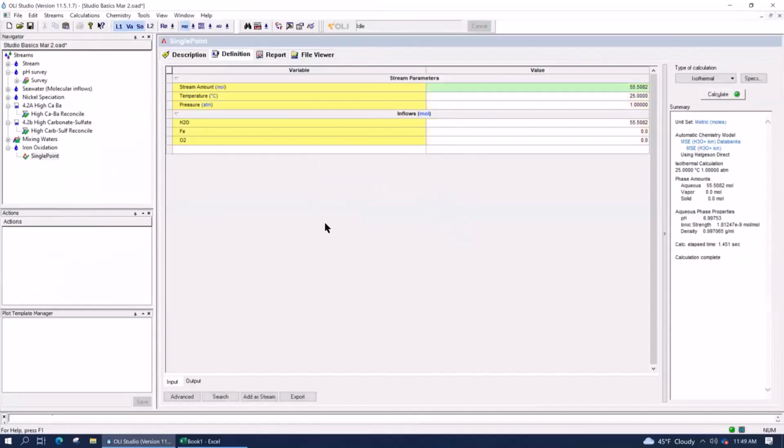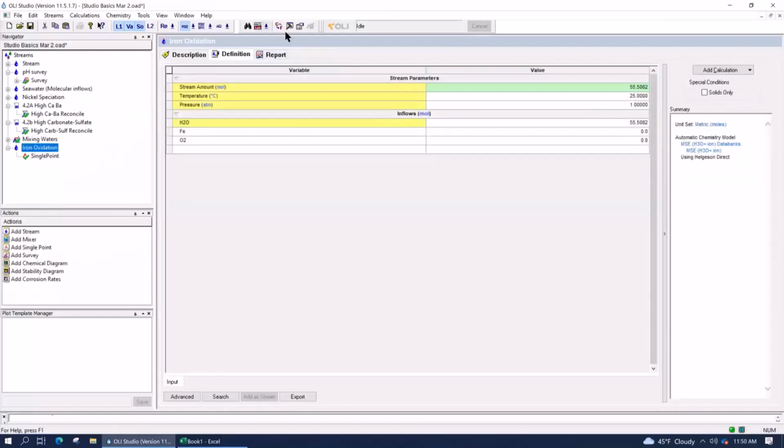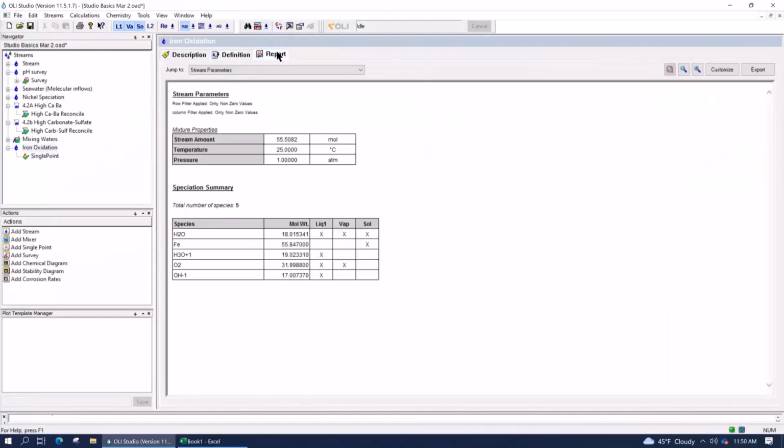what we're going to see, actually, I did it the wrong way, but stay there. If we were to add iron and oxygen, again, no, we don't add any material yet, right? And we just press the calculate button, or even looked at the chemistry. In fact, I want to restate this. I want to go back to the stream level, and forget about the single point, and go to the report. In the report, there's something called a speciation summary. It describes what species are being considered in this reaction, or in this stream. By not having redox on, I have elemental iron only, and I have molecular oxygen only.